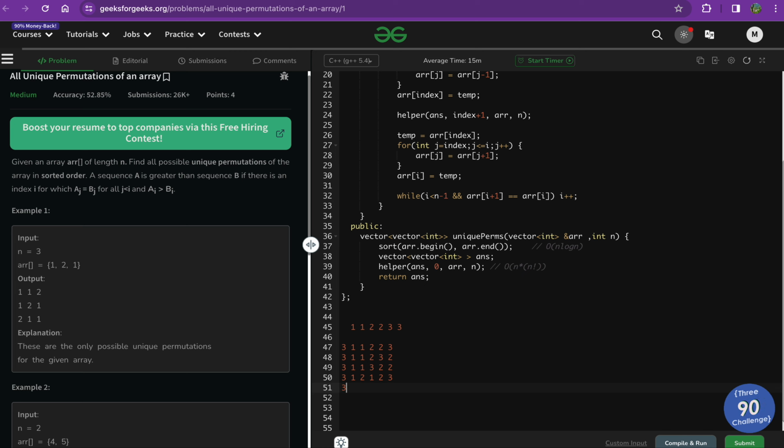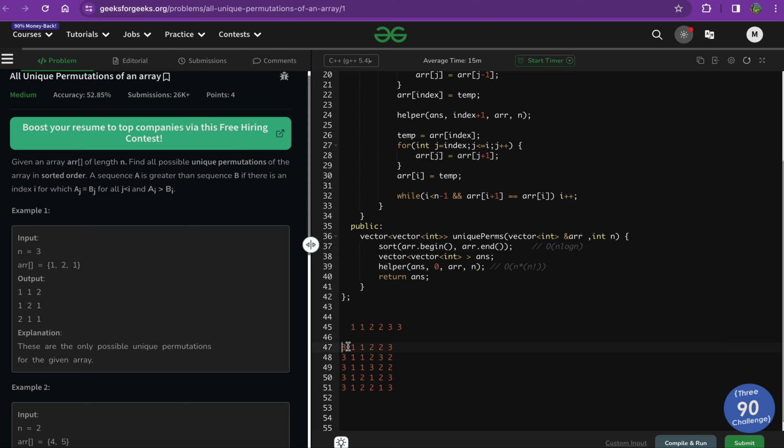Right, now this 1 which has swapped with 2, now it will swap with 3. No. Now this 1 will swap with the 2,